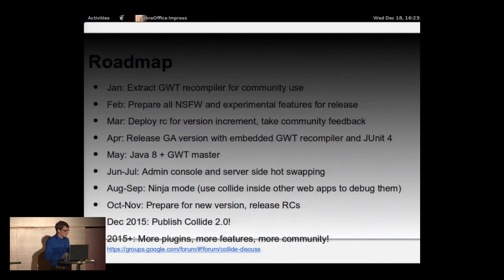All right, so my roadmap. January is when I'm going to extract the recompiler, so look for it on the G+ community. That's where it'll be posted. By February, I'm going to start cleaning everything up to get ready for a new version increment, because I was talking to the original team and it seems like no one else is picking it up, so I will be the sole maintainer. So by March, obviously, give it a month of community feedback for the RC version,